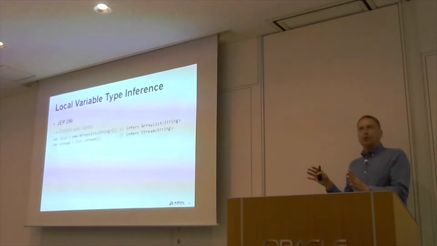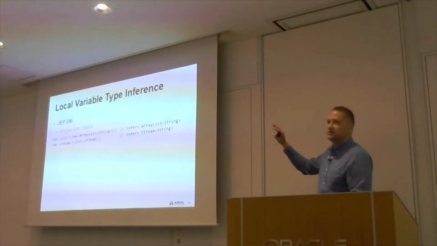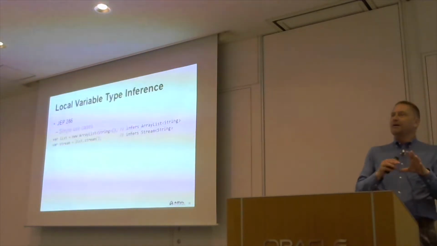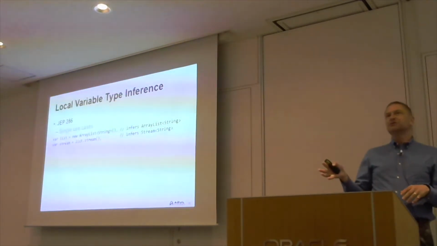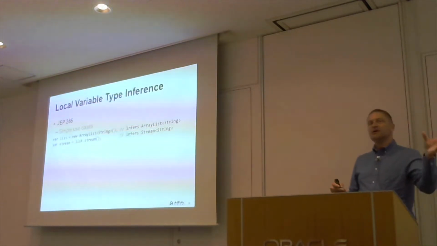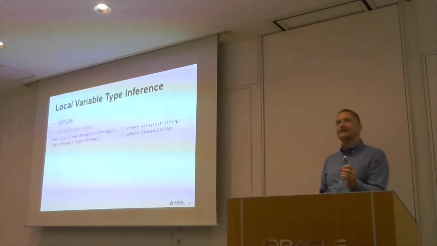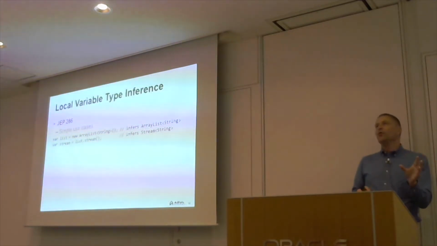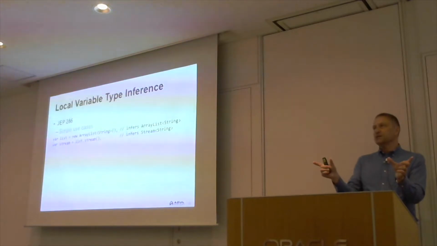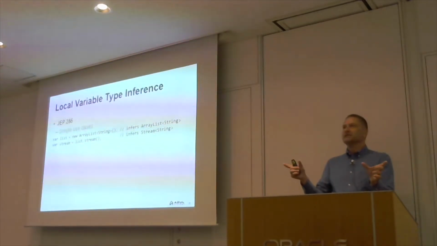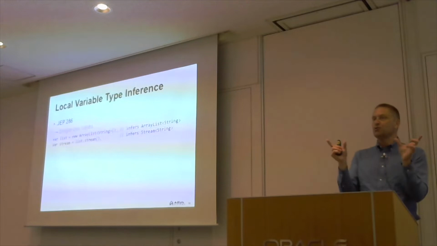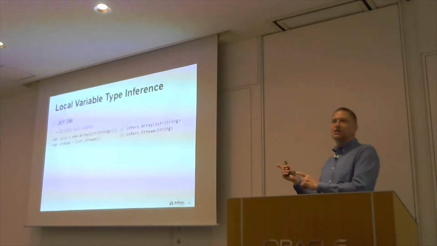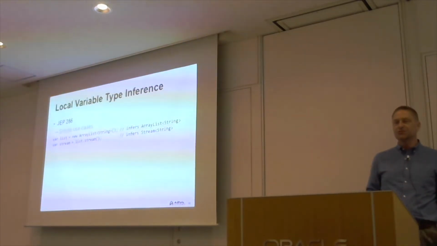These are very simple examples, and they obviously make it look like it's a nice, simple feature. There are a couple of things you can do which are a little bit more unusual. So you can do things like anonymous inner classes and use var to actually get a type which you can't represent in the standard Java syntax. If you want to try and create a variable which has two interfaces, you can't actually do that in normal Java, but you can do it with an anonymous inner class and var. So there's some interesting things you can do there.